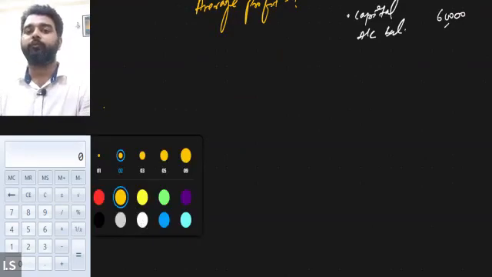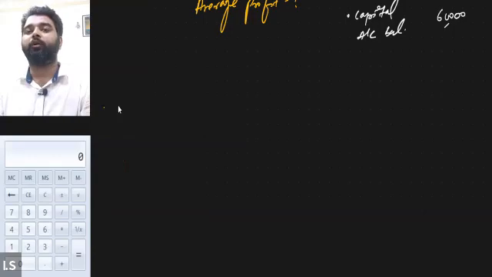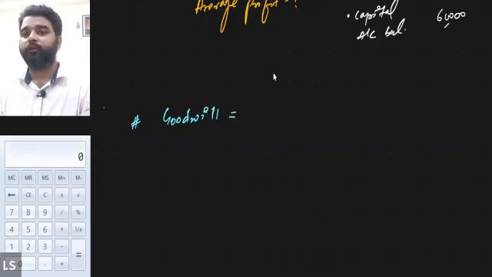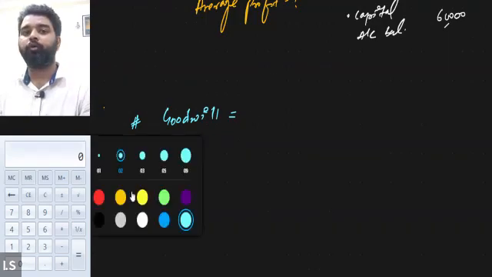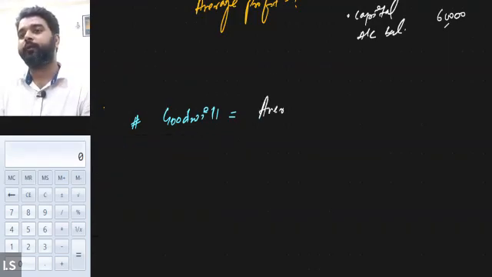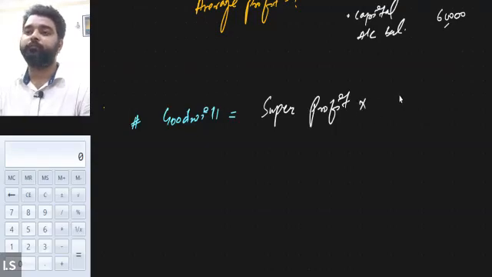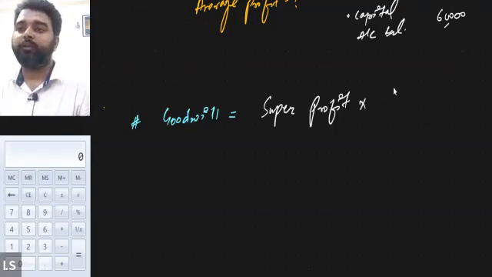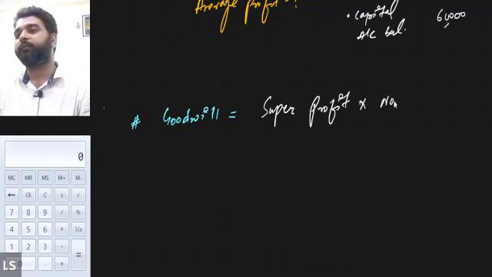First of all, let's apply the formula of the goodwill of the super profit method. So goodwill is calculated by super profit method. We calculate goodwill using this formula. The amount of average profit, right? Average profit, the value of the super profit. Goodwill is super profit multiplied with number of years purchases,